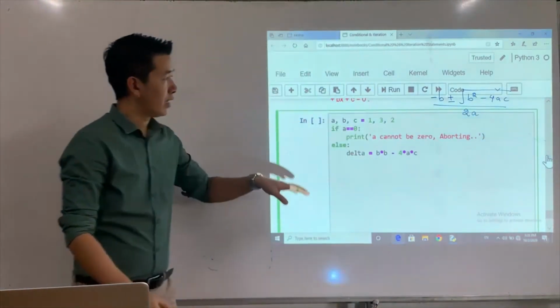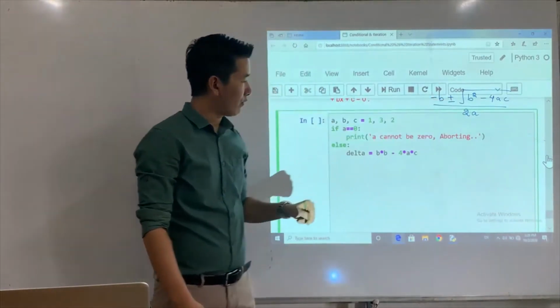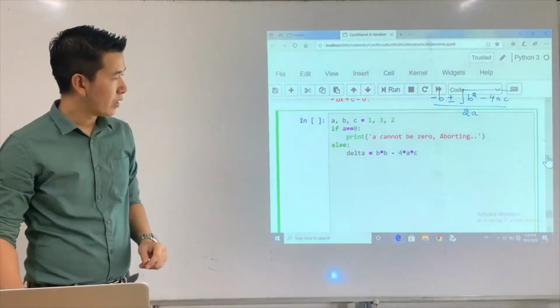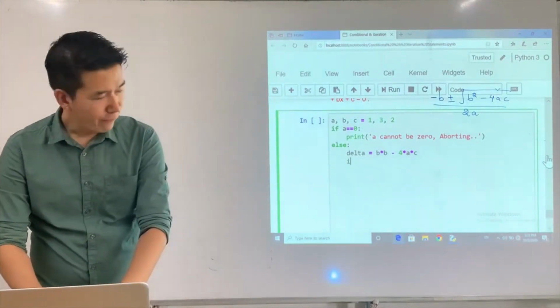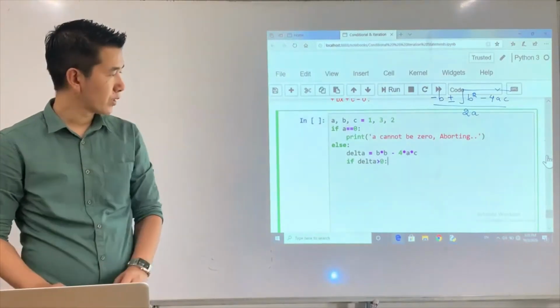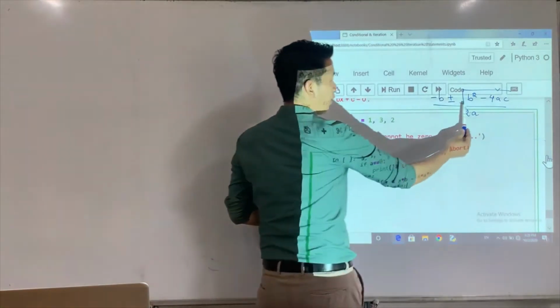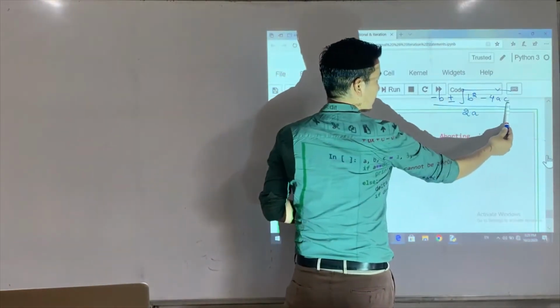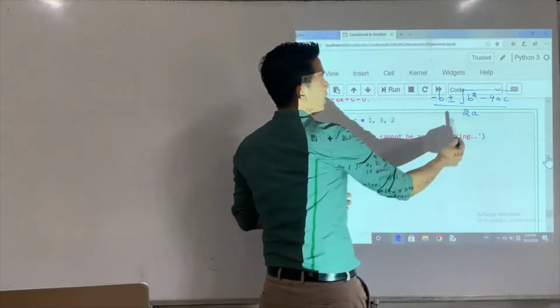I have just replicated this in the form of this particular expression, right? I now start looking for the option. Alright, if delta is greater than 0, what is meant by this? If the value of b square minus 4ac is greater than 0, if it's a positive number, you will have